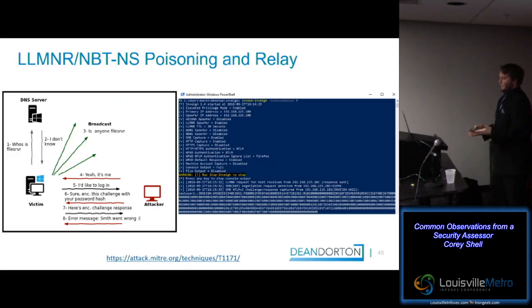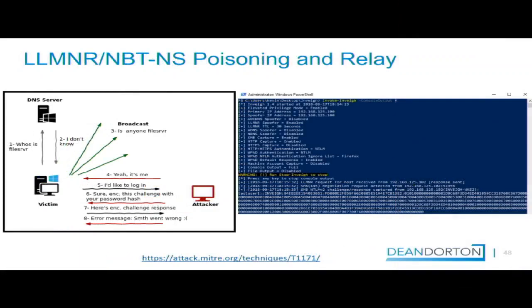By default in Windows, whenever it needs to resolve a name to an IP address, it's going to use DNS. But if it fails to resolve using DNS, it'll fall back to using a legacy protocol like LLMNR or NetBIOS. On the left there, you can see a diagram. This is kind of what it looks like. The computer sends out a request that says, "Hey, who is file server?" And the DNS server says, I don't have an A record, I can't resolve that. It then sends a broadcast out to every computer on the network to say, "Hey, is